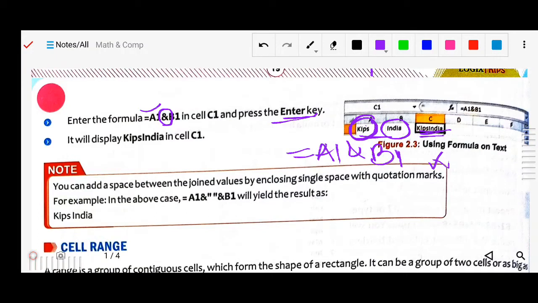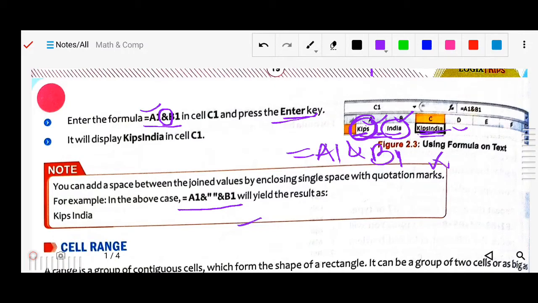And one more thing: if we want a space between these two words, with a simple A1 ampersand B1 we just join, or concatenate, these two words. But if I want a space between them, we use the same formula but with quotation marks.